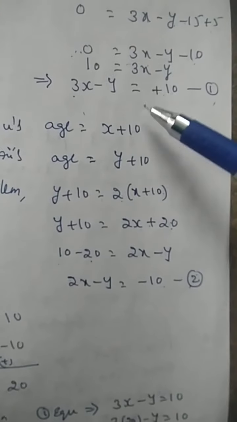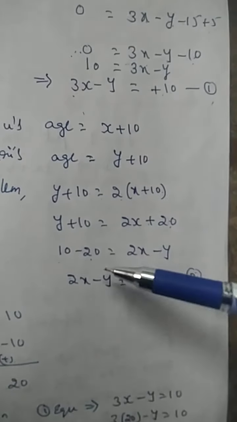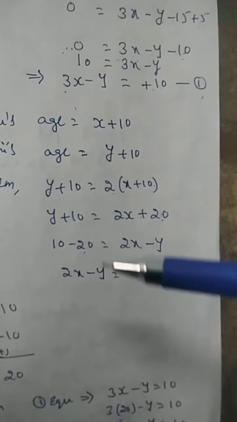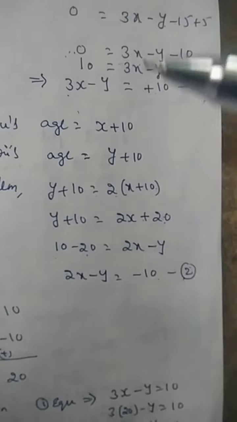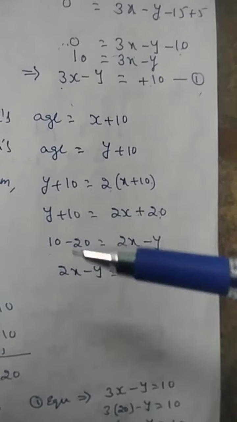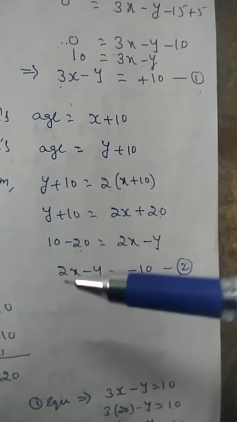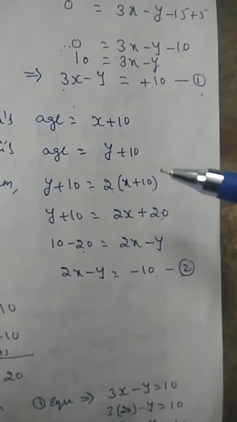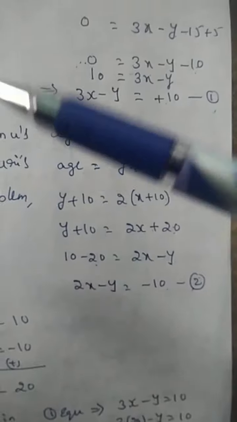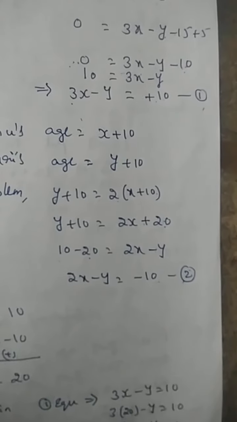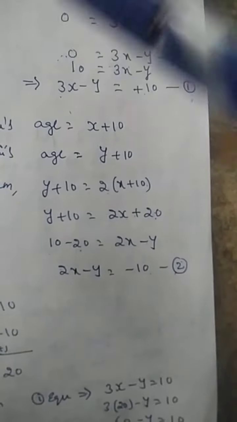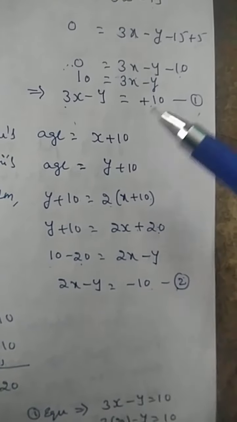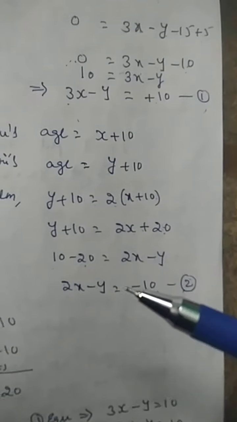Then coming to the y coefficients, it is minus 1 and it is also minus 1. Both are the same, so automatically we can eliminate those values. If those are the same, you can subtract the two equations. If those are additive inverses, what is the meaning of additive inverses? Plus 2 is there, and one more is minus 2. Plus 7 is there for one variable, and the similar variable coefficient is minus 7. One is plus, one is minus.